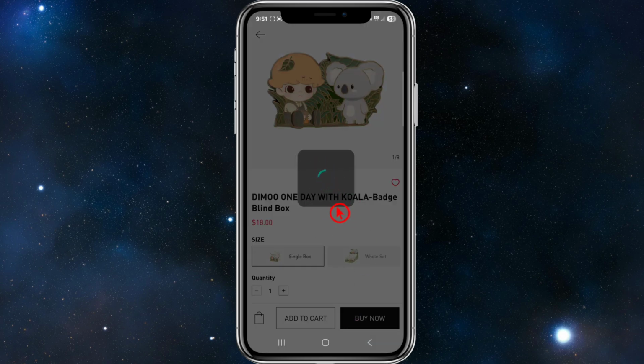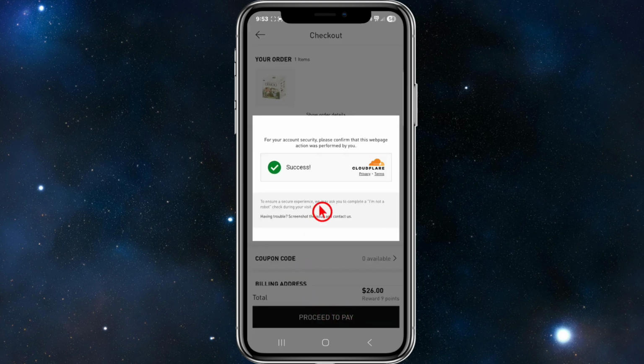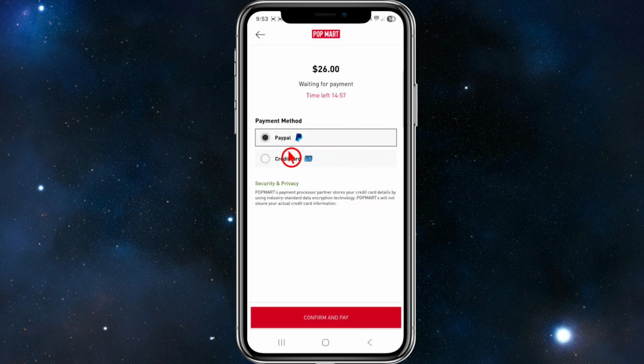Now it should take me to the checkout section here. So it will say your order, address book and delivery method. From here we got shipping address, and now I need to go ahead and add a new address if you don't have one. All right, then I'm going to click on proceed to pay. Now I might go through a little captcha there,